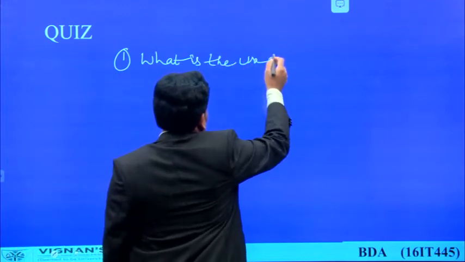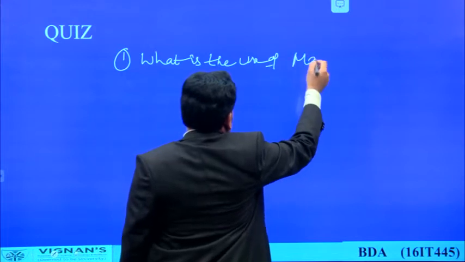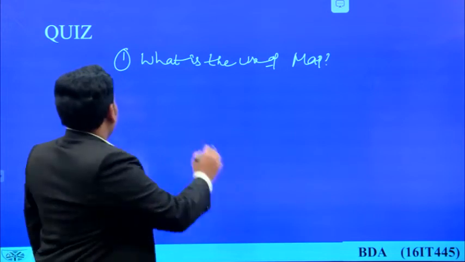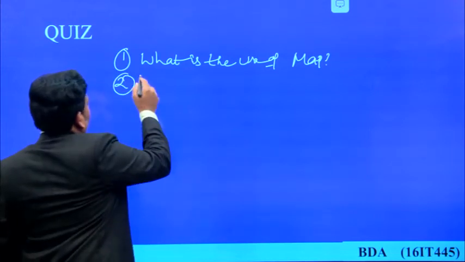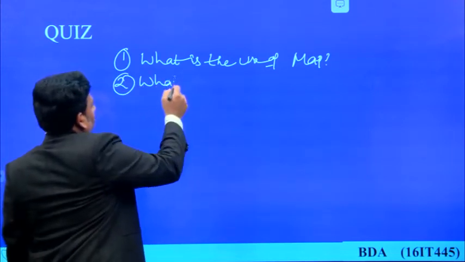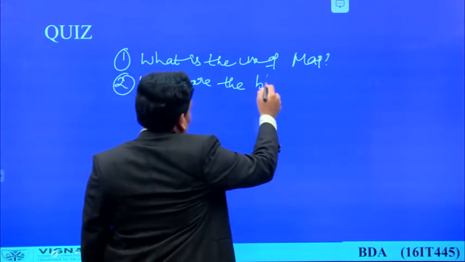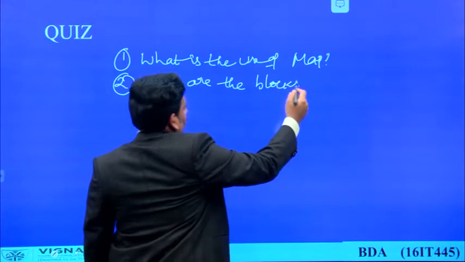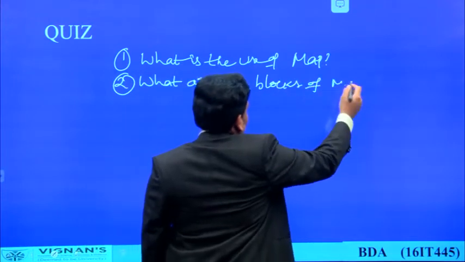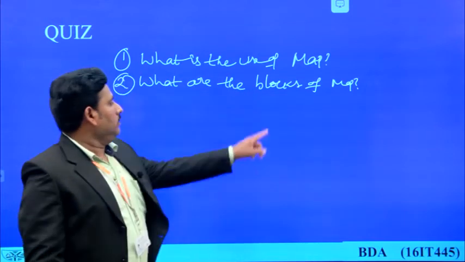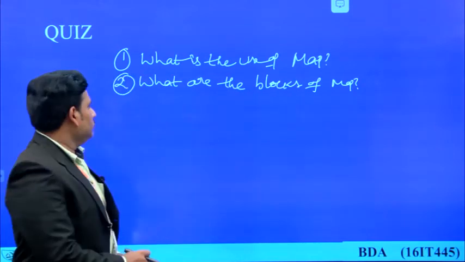What is the use of the map function or map block? And what are the blocks of map? That means what are the inbuilt activities that we can apply on map that we have to give.